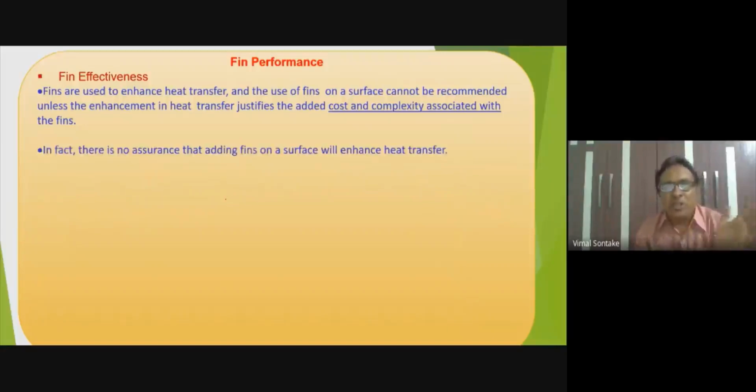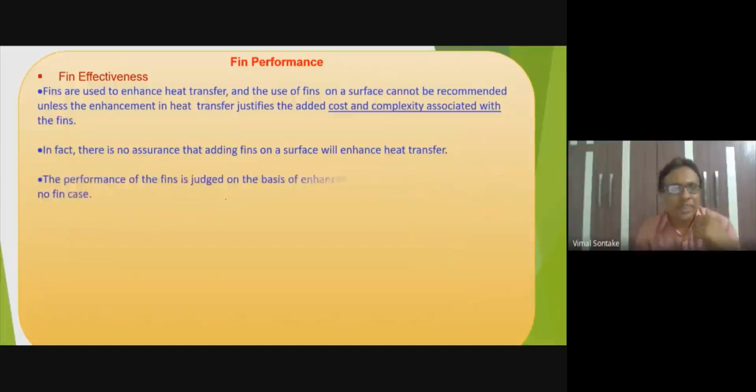Similarly, there is no assurance that just by adding the fins, we are going to enhance the heat transfer rate. It is against the general belief that fins will always enhance the heat transfer rate. It is not like that. The performance of the fin is judged on the basis of enhancement of the heat transfer relative to the no